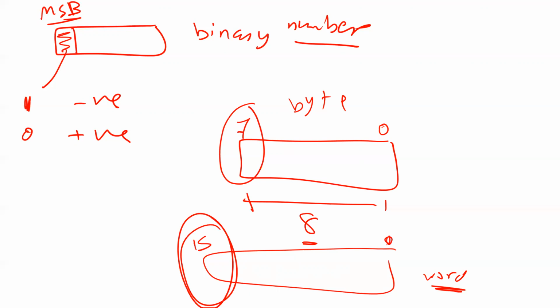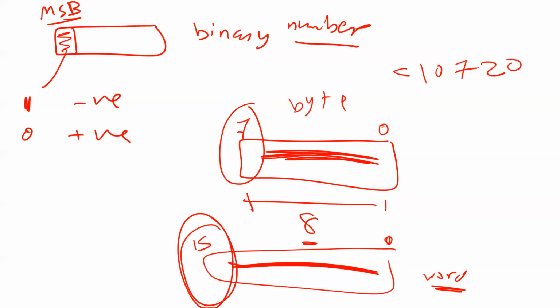One more thing, very important. Don't confuse yourself. Listen to me. This is one piece of information. I couldn't break it down. It doesn't mean anything. Same thing here. This is one piece of information. Temperature, voltage, pressure, whatever. If you break it, it means nothing. You understand what I'm saying? It's the same thing. For example, if I tell you I have $10,000 in the bank, or 10,720, that's what I have in my bank account. If you cut it into 2 pieces, what does it mean? It means nothing. You got what I'm saying? It's one piece of information.